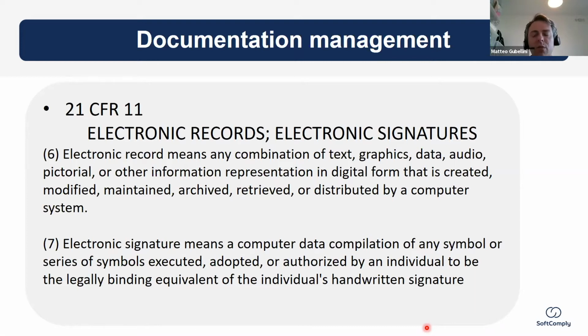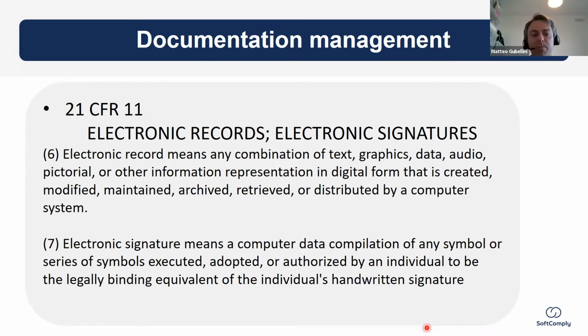I think it originally was in the 70s, but it's very demanding, and it regulates or it describes the requirements for electronic records and electronic signatures. There is no such equivalent at the moment in Europe. And as I said, this is very demanding. So if you want to enter the US market, you have to make sure that you comply with this piece